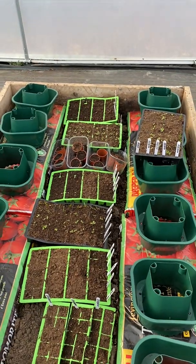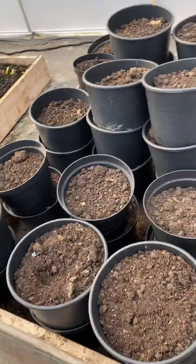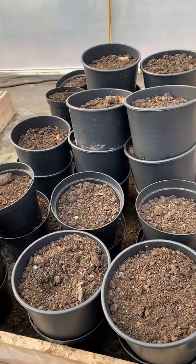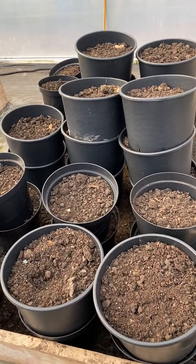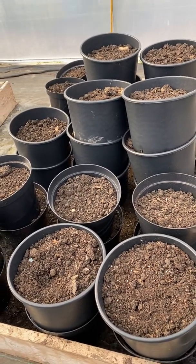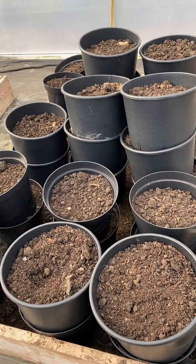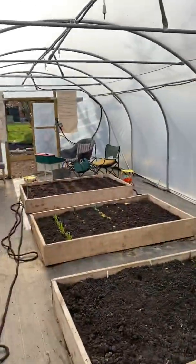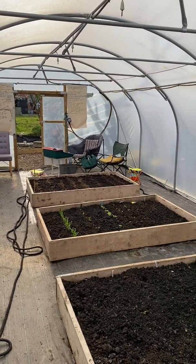Yeah, and then these ones here are for the chilies, where the seeds are growing in 18 trays of chili seeds growing in the house, which I'll do a video about later. And there we are, and then down the far end is my throne,